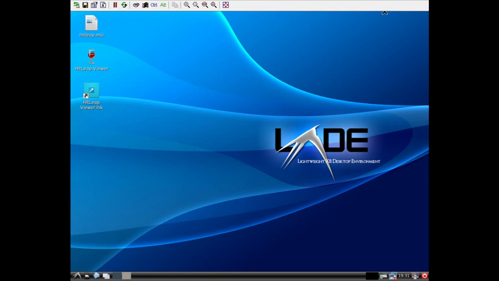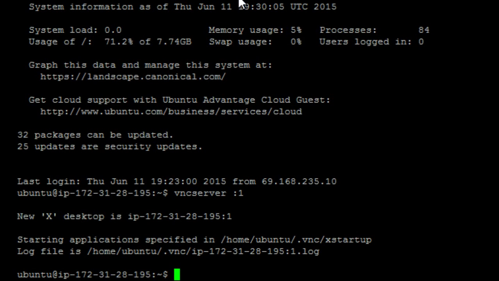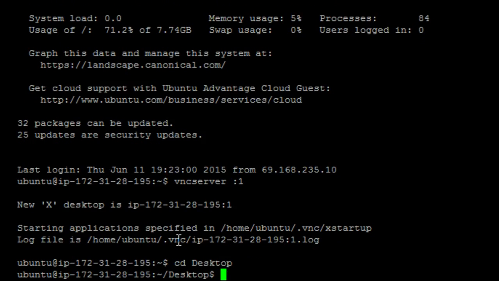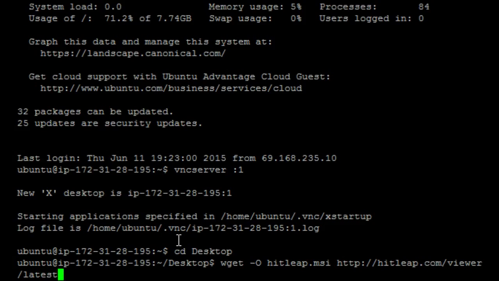Before that, you need to go back to your PuTTY connection and type the following command: cd desktop, and then type wget -O hitleap.msi http://hitleap.com/viewer/latest. So type that in, and it will download the HitLeap viewer installation for you,